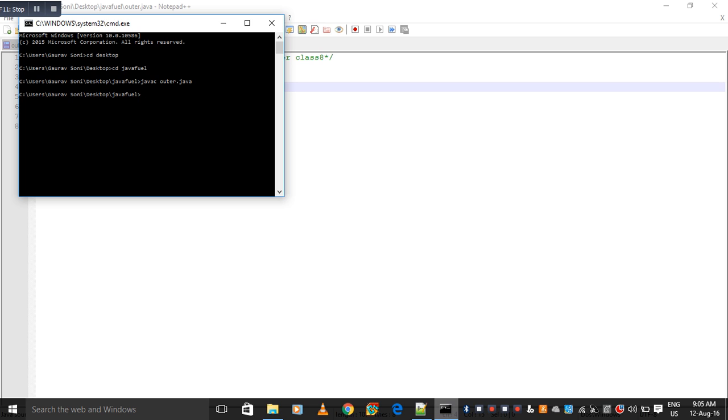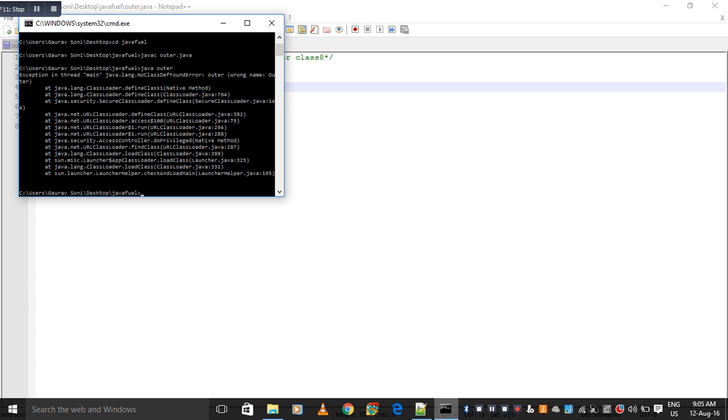Look, there is no compile time error, but when we run this class, what happens? java outer. The main method is not found.